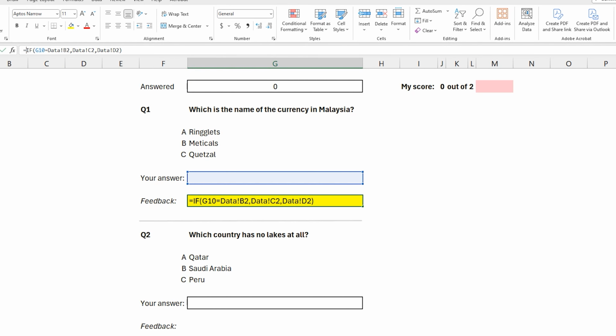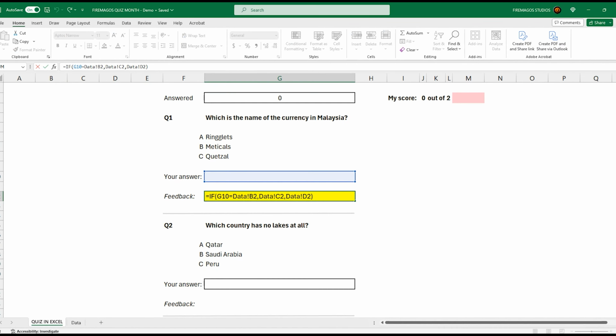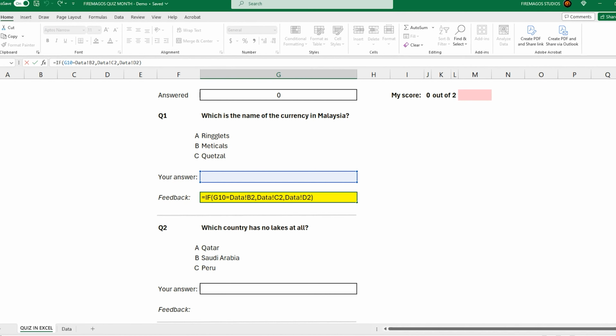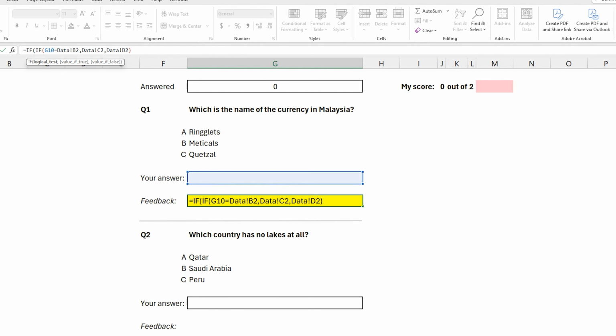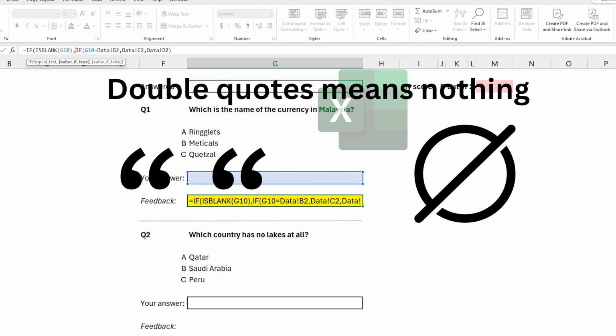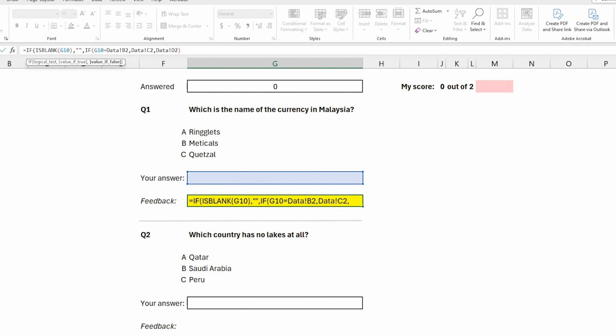What we can do is, between the equal sign and if, add another if and say if, and then we go with the mouse on this cell, is blank. We add here is blank, then we double click on the cell, close parentheses. And if it's blank, we add a comma. What do we want to happen? Nothing. If it's not empty, then we add a comma and we continue with our first if statement.